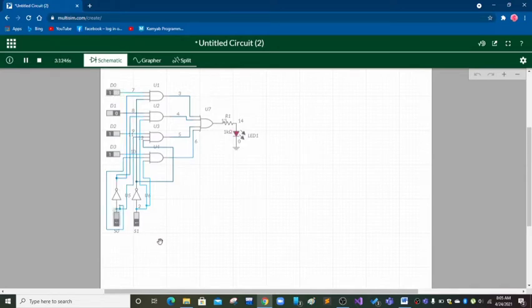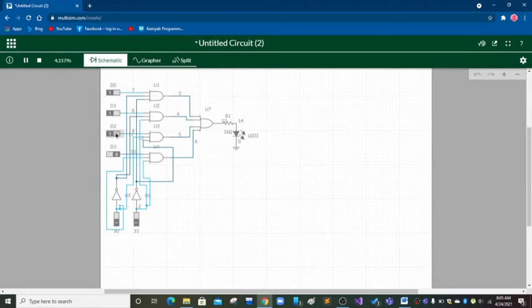And when the S0 and S1 is 1, the output is depending on the D3 switch. When it is 1, we get 1 at our output, and when it is 0, we get 0 at our output. And the change in the states of other switches cannot make any changes to the LED.